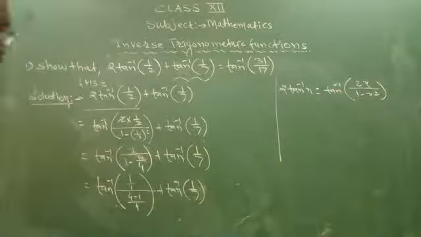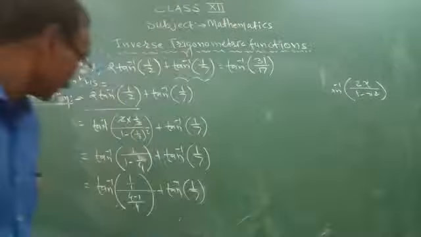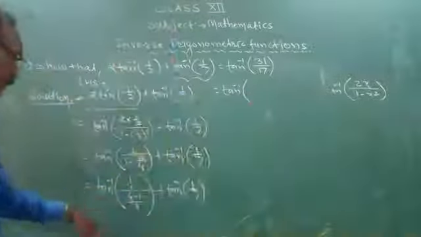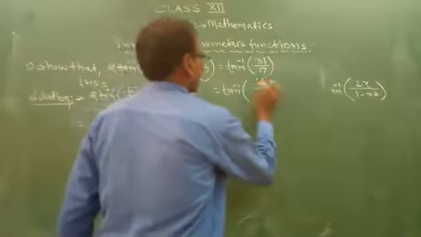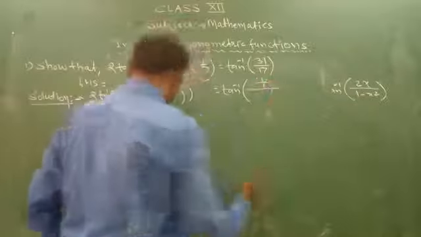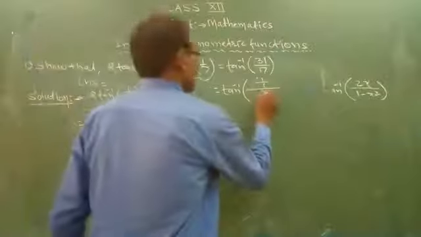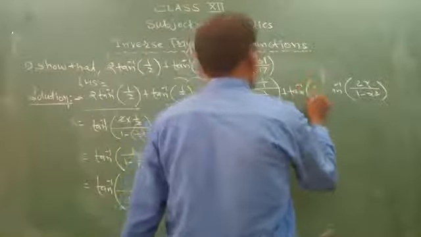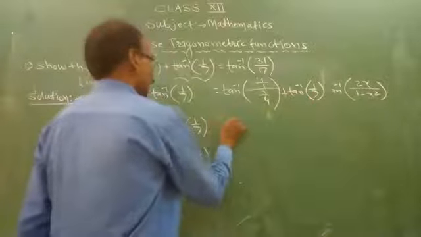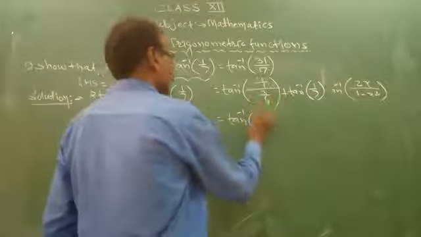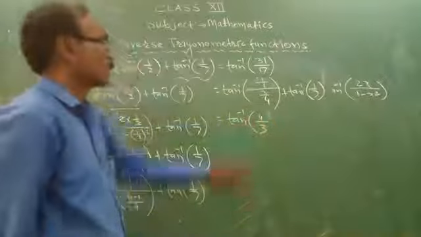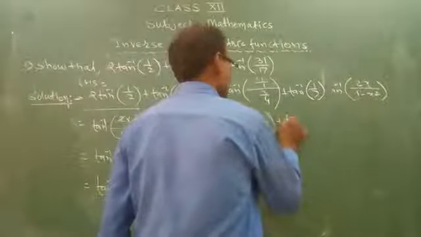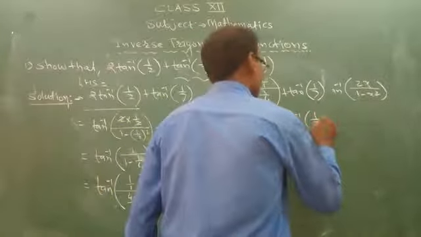Okay. So it will be tan inverse 1 whole divided by, this is 3 by 4, plus tan inverse 1 by 7. So that is, it will be tan inverse 3 by 4 is 4 by 3. Here it is 3 by 4, this 4 will be numerator, 4 by 3 plus tan inverse 1 by 7.